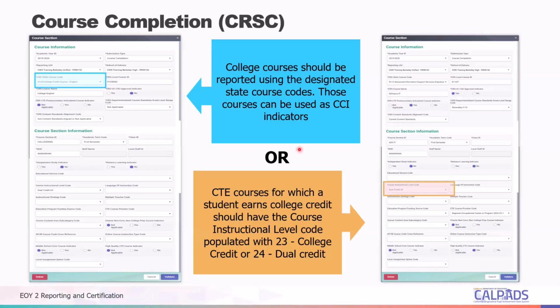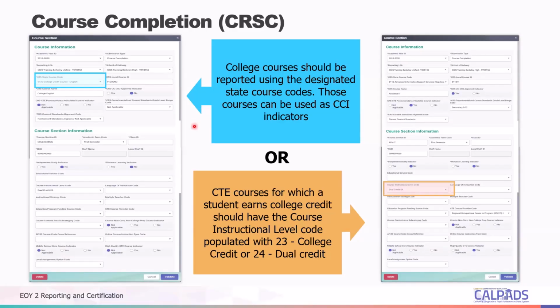All right, so there are different ways in reporting college courses. Again, LEAs should report college courses that students complete with a C minus or better or passing, as it is one of the factors used in determining whether students are prepared for college and career on the CCI.